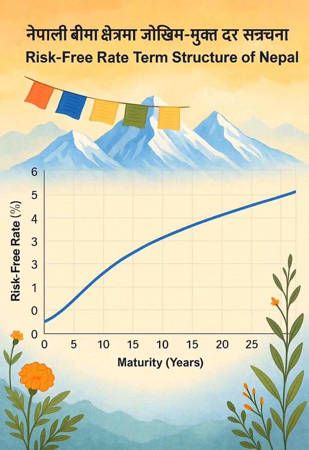And the reason for stretching it out? The main goal was to reduce how much they have to rely on that extrapolation, that mathematical estimation for longer terms. More real data, less guesswork. Exactly. By using more observable market data for longer maturities, they hope to minimize differences between the official Nepali RFR curves and the market info insurers themselves are using. That sounds like a good move, generally relying more on actual market signals.